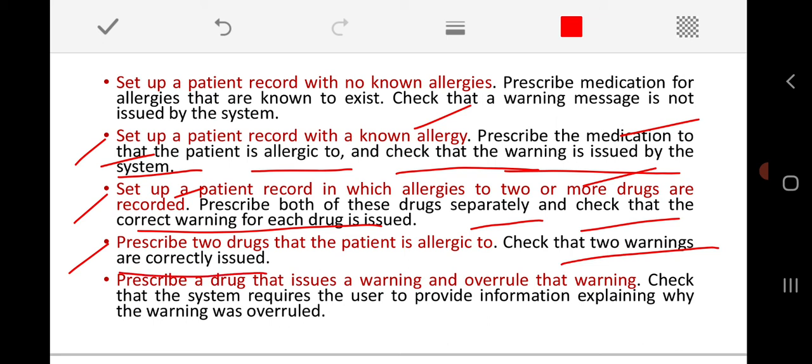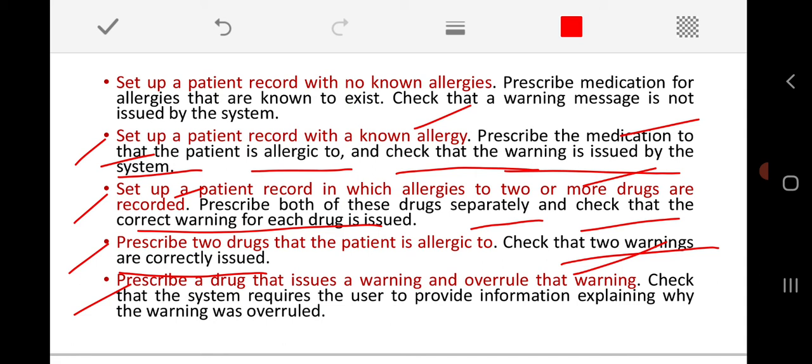Then another one for the second requirement that we have defined: prescribe a drug that issues a warning and overrule the warning. It means I will take one patient who is suffering from an allergy, then I will also prescribe the medicine they are allergic to, and automatically the system will show a warning message.